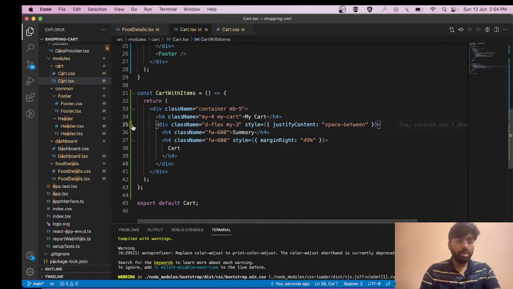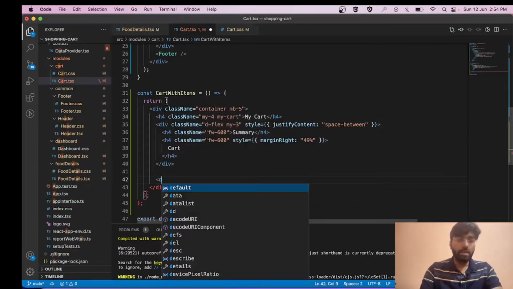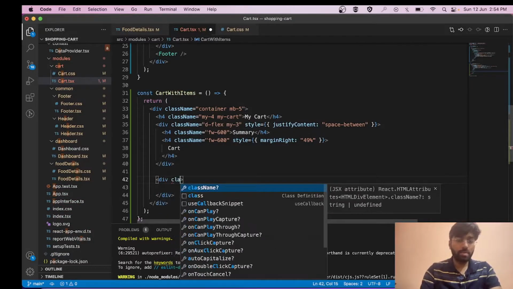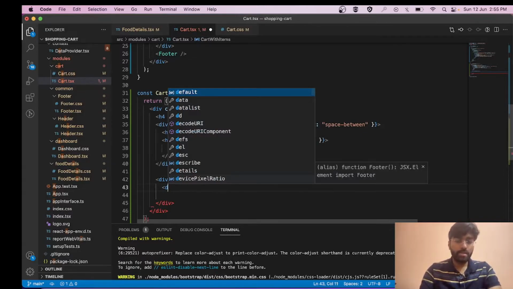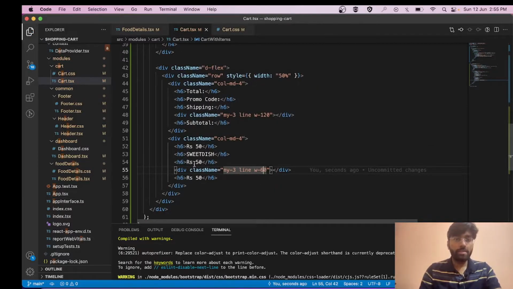After this, we need to code this summary section first. Let's create another div and assign it a class name of dflex, and after this let's create another div with the class name of row. So friends, this is our summary section.